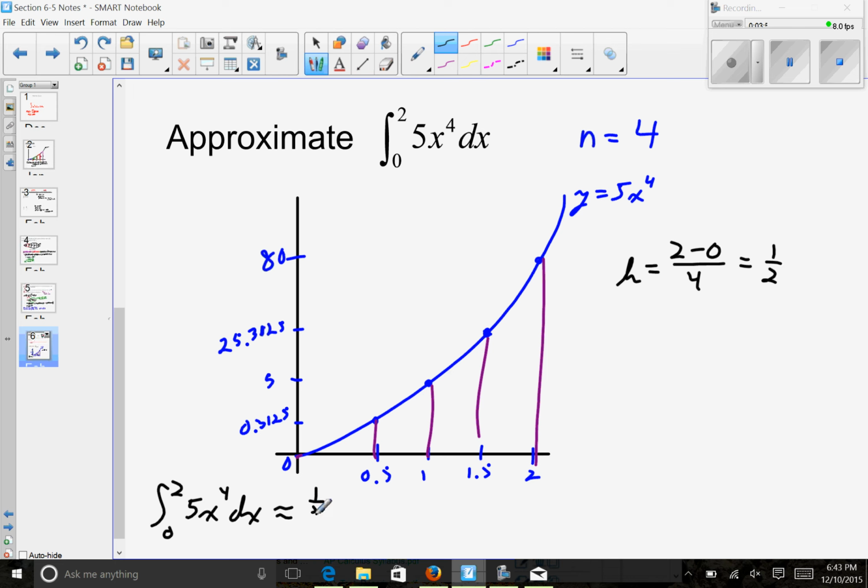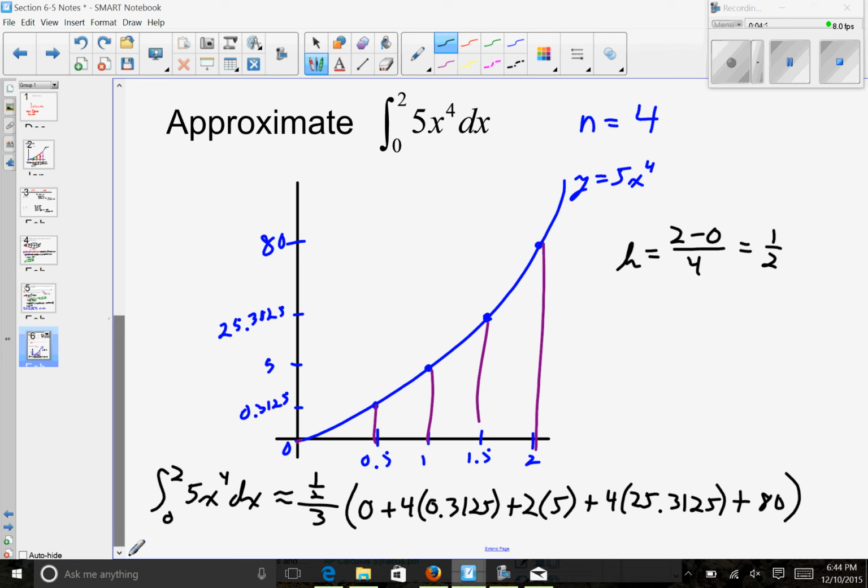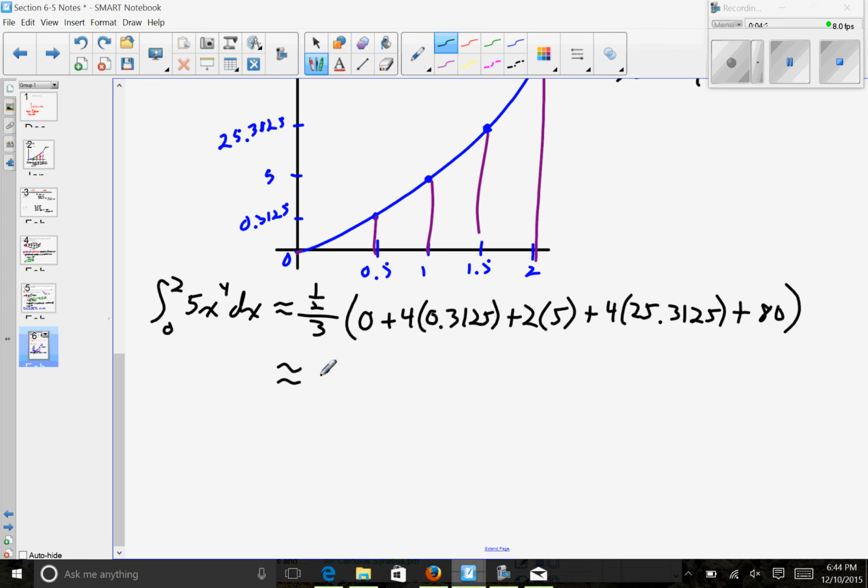So that would be 1/2 over 3 times 1 times y0 plus 4 times our next y value plus 2 times the next y value plus 4 times the next y value, and then since I'm now at the last y value, I would do just the last one here. And so now, when I go through and actually calculate that, I would get that this integral is going to be about